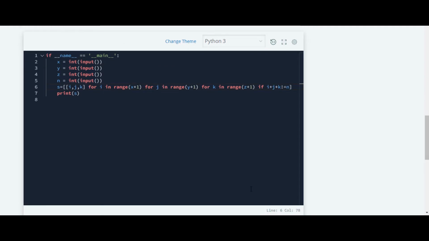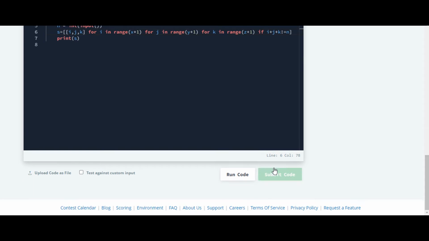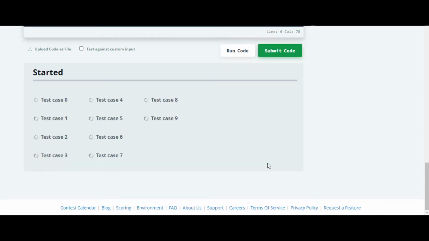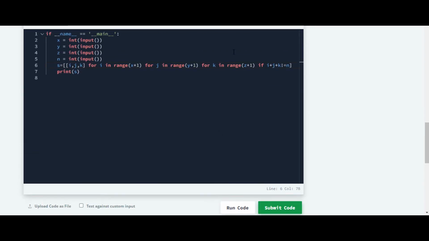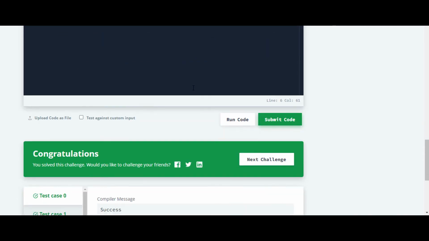Now we'll check it. Yes, it's correct. This is the condition to check whether i plus j plus k is not equal to 2. True.